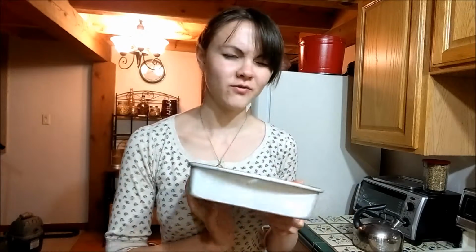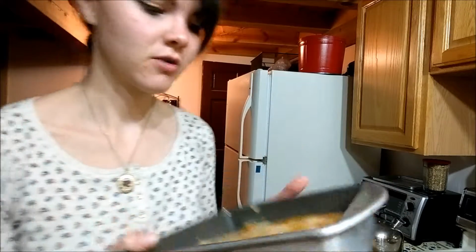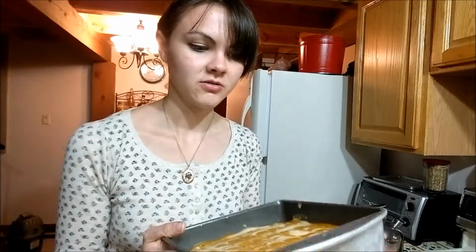Alright guys, so these are in the oven for 25, maybe 30 minutes. I lost a little bit of track of the time, but they should be pretty firm when you take them out of the oven. I set them on the counter and let them cool for about 20 minutes until you're able to pick them up. And I'm just going to put them in the fridge,